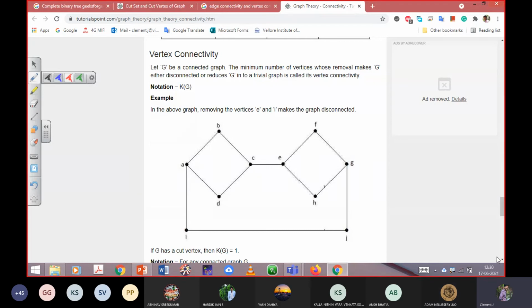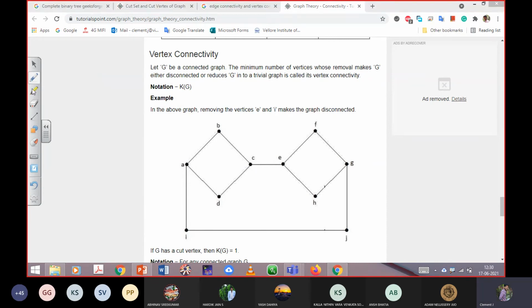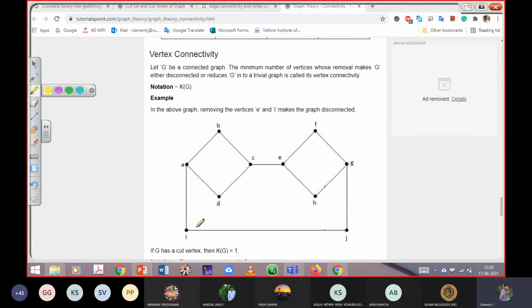Let me explain with the example. If I remove this vertex, certainly this edge and then this edge will be gone. So this particular edge will play the role of the null vertex. So this is one component. The remaining part will be in another shape, that is another component, G2. So only one vertex is more than enough to make this graph into two components. Have you understood?